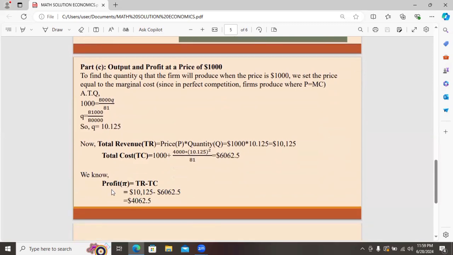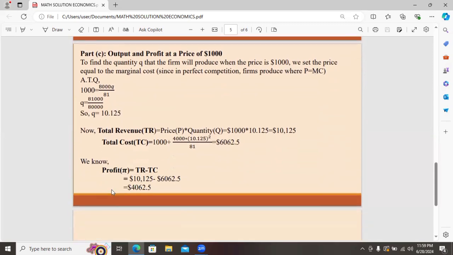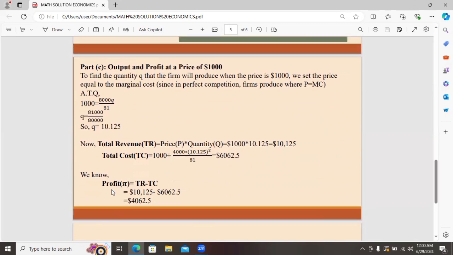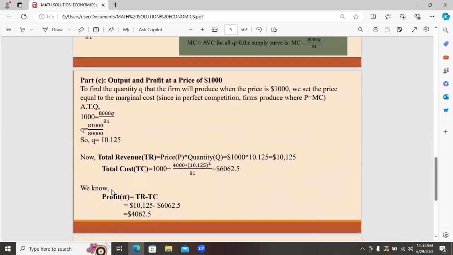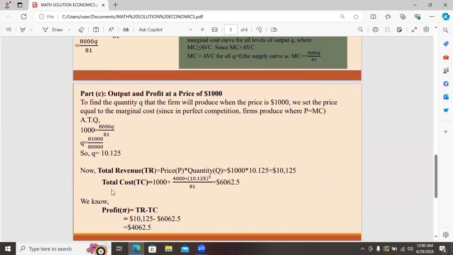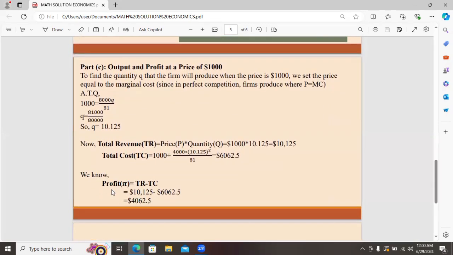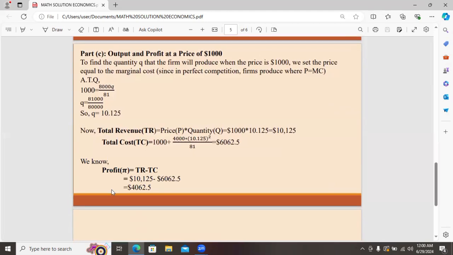According to the question, we set the values, and by calculating we get Q = 10.125. Now, for finding the value of profit, expressed by pi, we need two more values: total revenue and total cost. For total revenue, we simply multiply price by quantity. We know the price from the question, and we got the quantity from the calculation. After multiplying both of these, we got